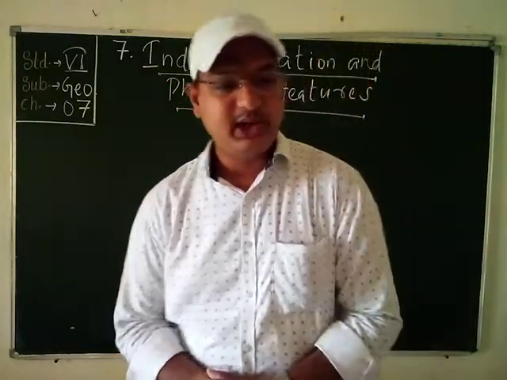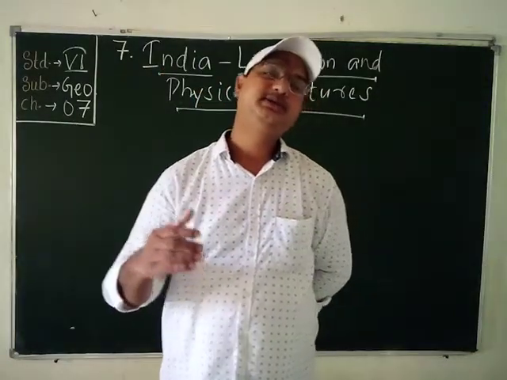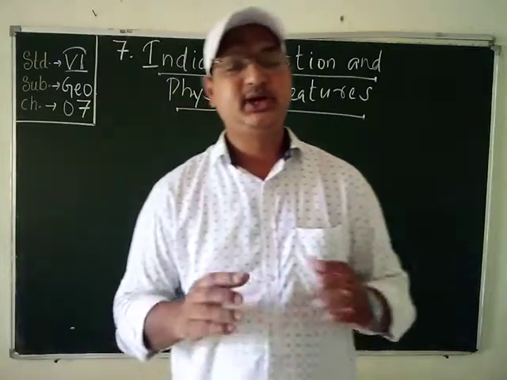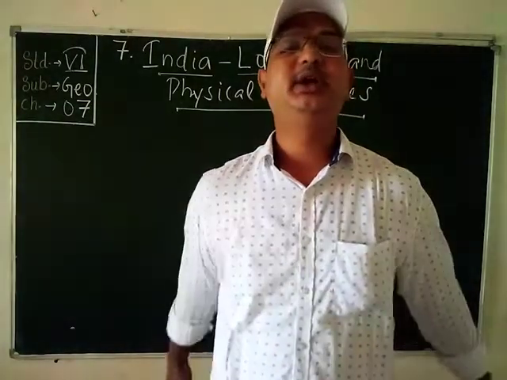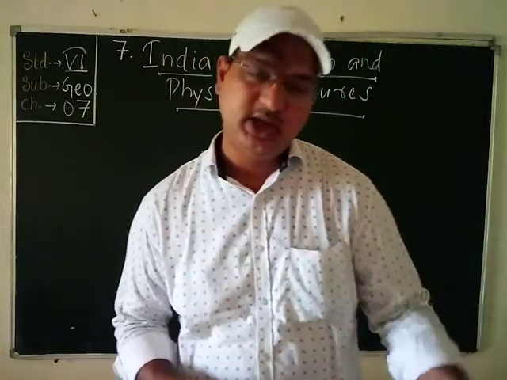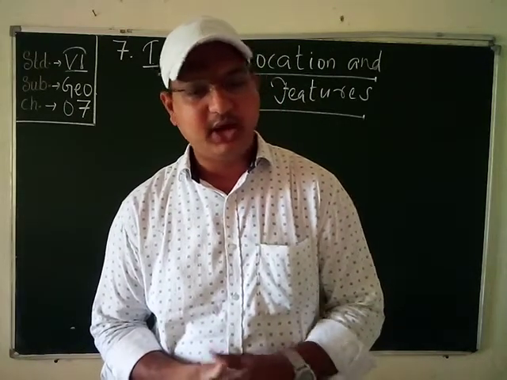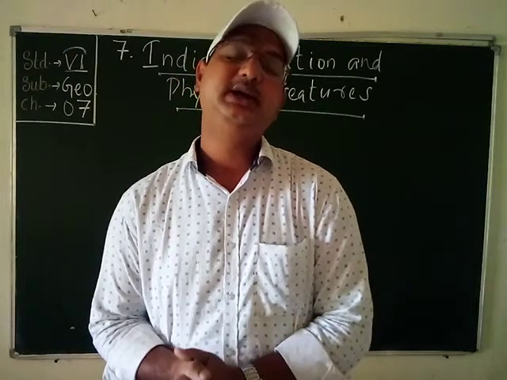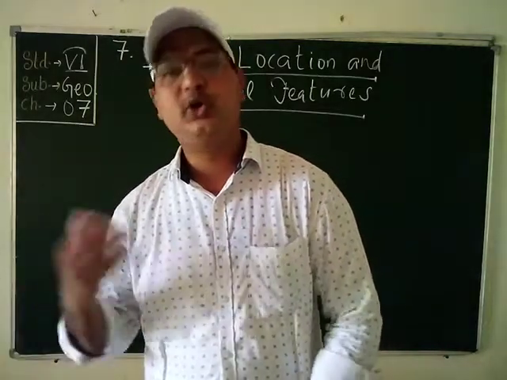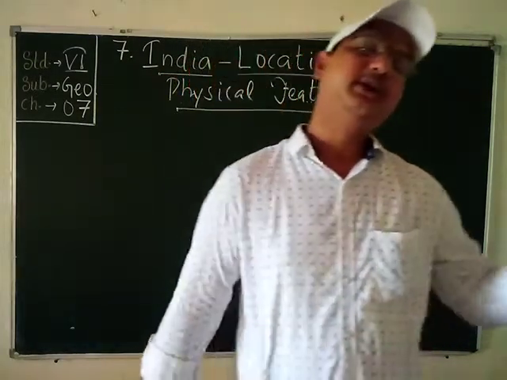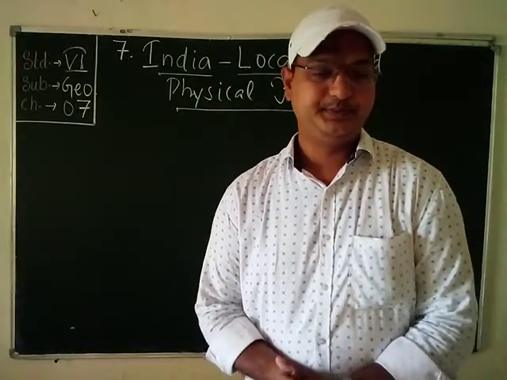India contains the entire Indian peninsula. Students, you know there is a word called peninsula. Peninsula means a land mass which is covered by water from three sides, but its fourth side is not covered by water. That is called a peninsula. Then India consists of the entire peninsula part of the Asian mainland and two island chains. So what are the islands, students? That is the Andaman and Nicobar Islands on one side, and on the other side the Lakshadweep Islands. So they all are part of the country.